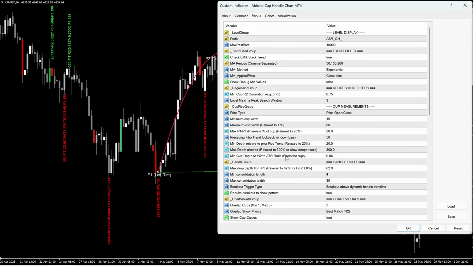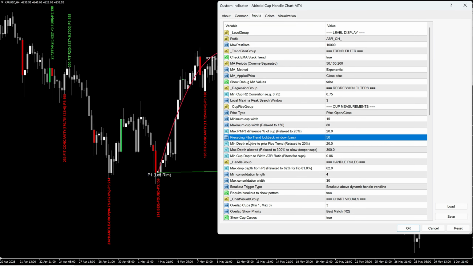You can fine tune these settings to give you even more signals. Max depth allowed, so this is 300%. So this will allow those really deep cups. So price will go back 50 bars and it will draw a FIBO trend. And based on that FIBO, it will use all of these percentages based on that FIBO which we drew 50